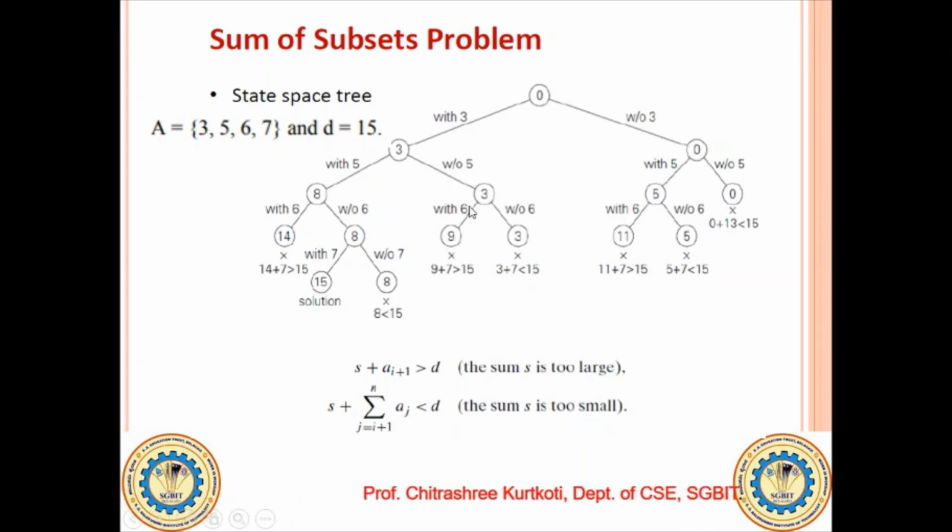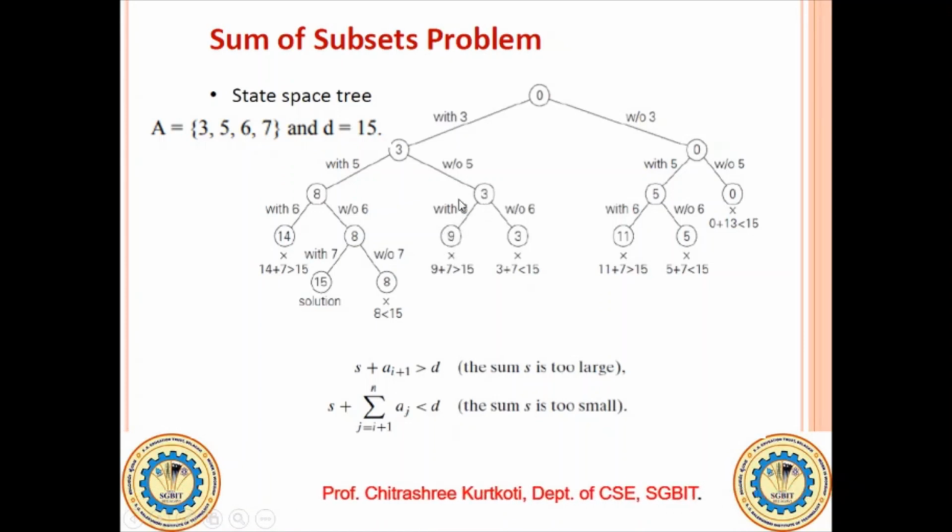So everywhere we are checking the possibility whether to include that element or not. If we are including, whether we are getting the solution. If we are not including, whether we are getting the solution. So that is the thing we have to do here. So without considering 5, what is the sum? 3 it is. Next, considering the next element, that is 6, what is the sum? It is 9. Okay, so next, 9 plus 7, is it equal to 15? No, it is not giving us a solution. Hence, this becomes a non-promising node.